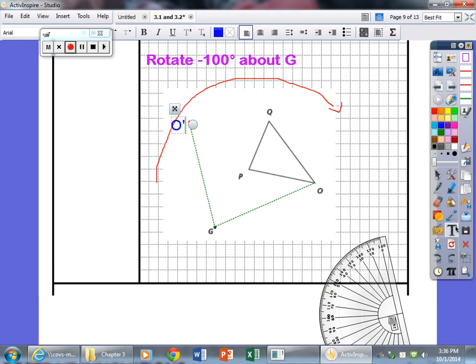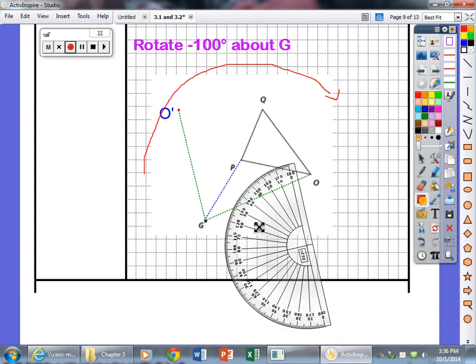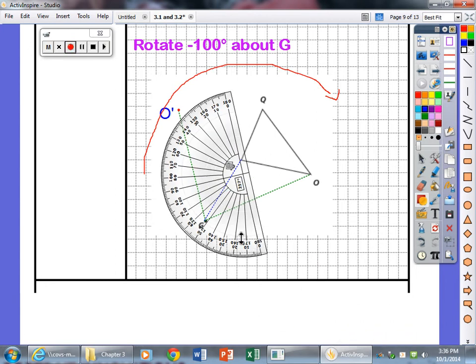Okay, now I've done that. I've got to do it for the other 2 points also. So I'm going to have to join point P to G. I'm going to have to again bring up my protractor,